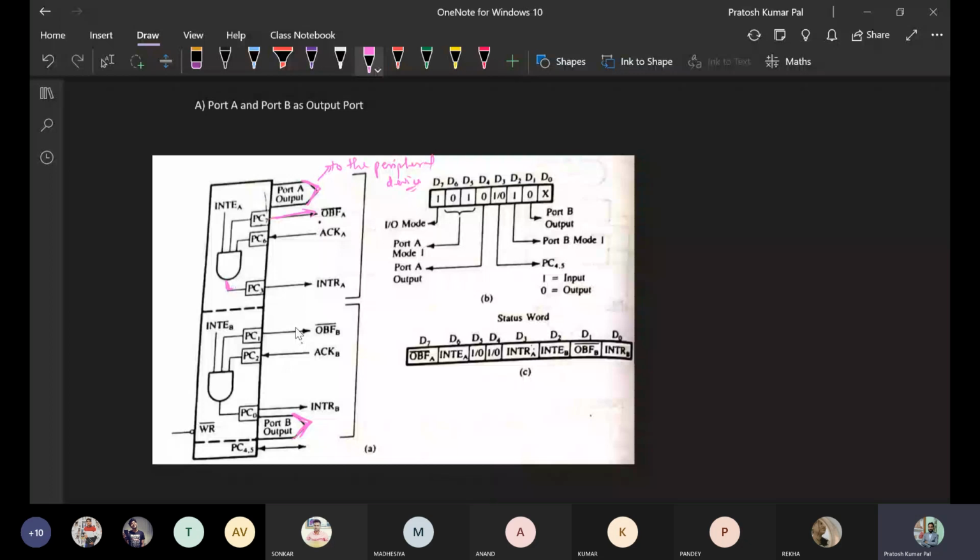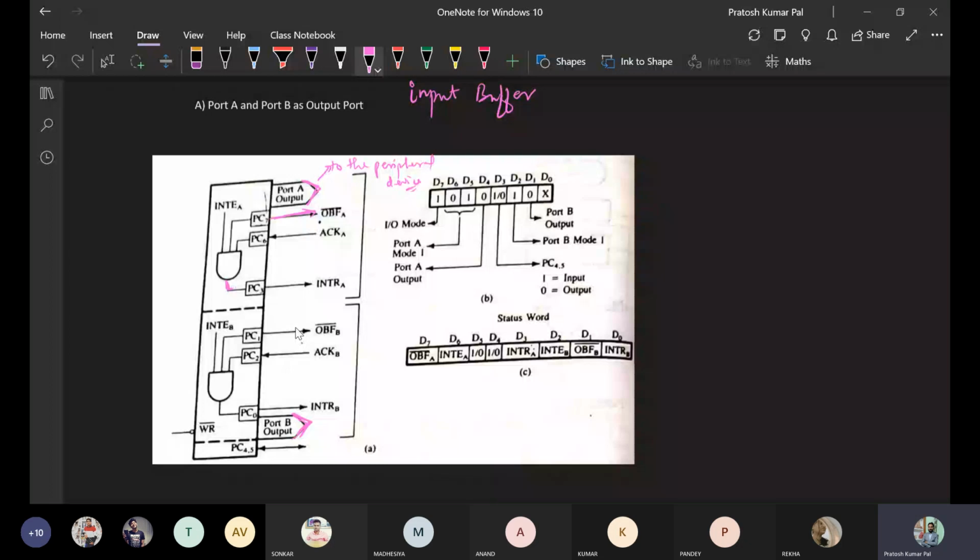This signal basically indicates that the output data is going to be sent to the peripheral. Once this is low, that means the 8085 is ready to send the data.